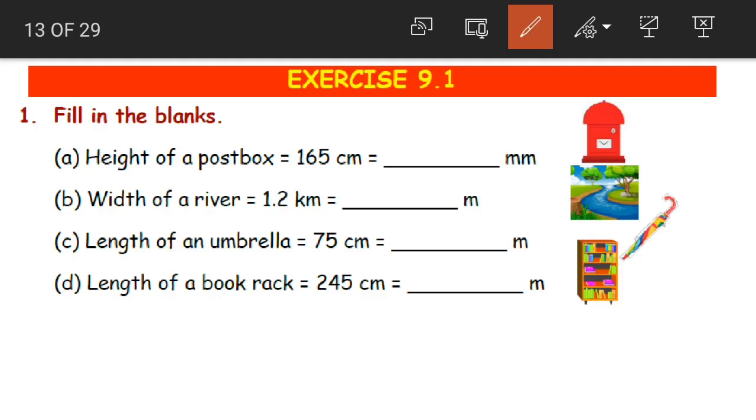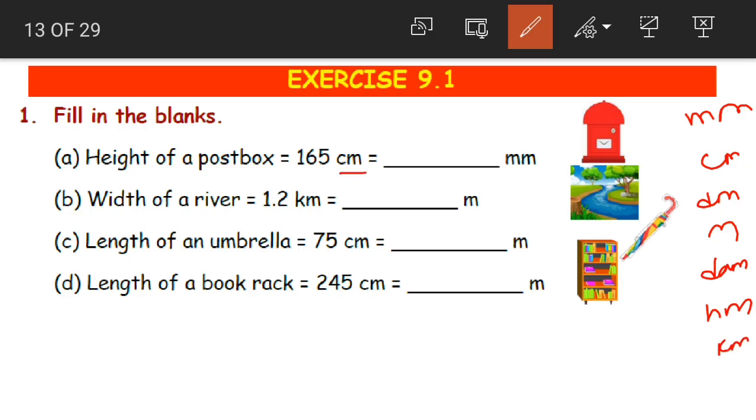Here, what are these? Here again, different units of length are given. We need to convert them as directed. So first we'll write, what shall we do, children? First we'll write the hierarchy, that is the pattern which units of measurement follow. First we have the millimeters, centimeters, decimeters, meters, decameters, hectometers and kilometers.